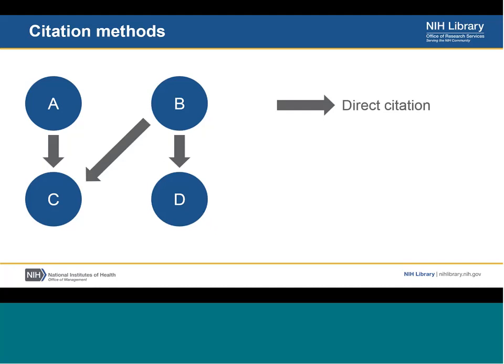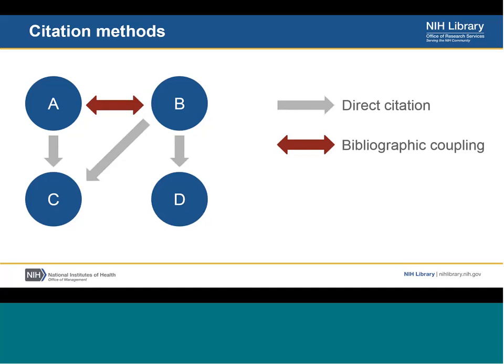So one of the elaborations of this direct citation network is a network called bibliographic coupling. The idea with bibliographic coupling is that we're going to connect documents if they share references with one another. So if 2 documents cite the same previous document, that's an indication that the 2 documents are in some way related to one another. In the diagram here, since both paper A and paper B cite paper C,